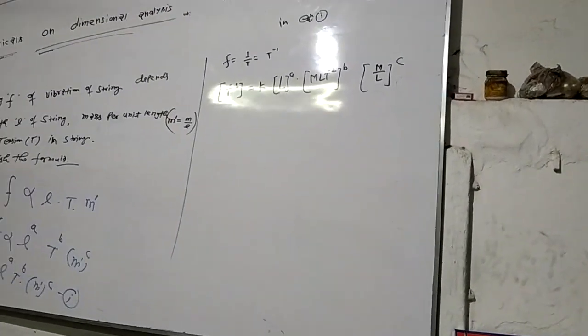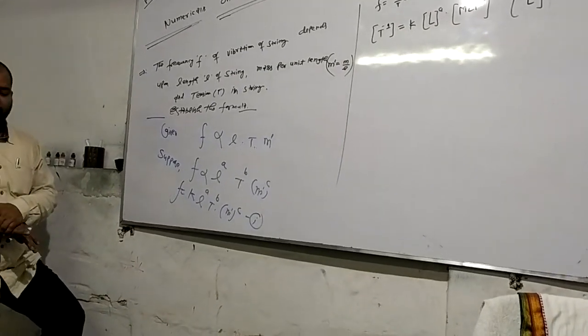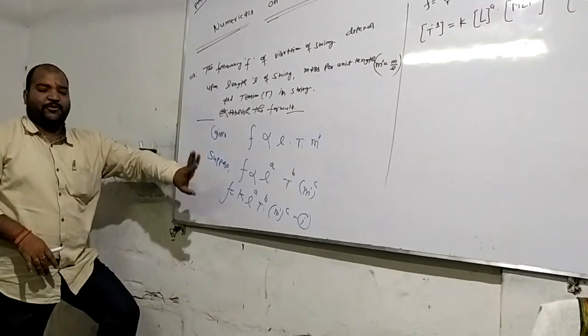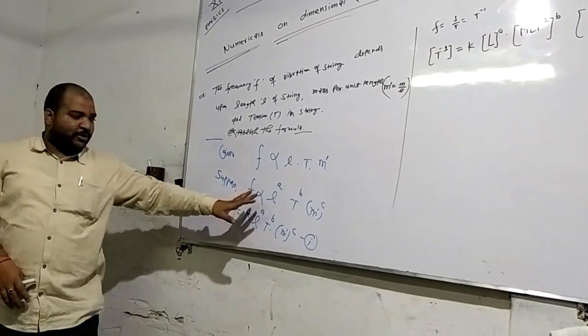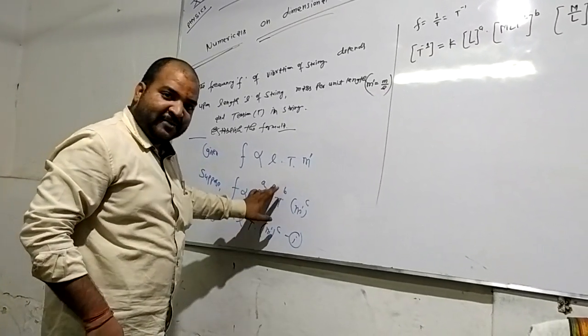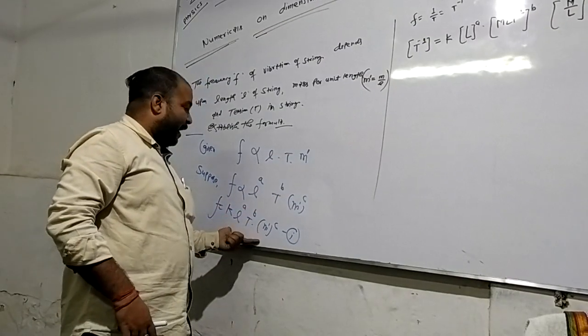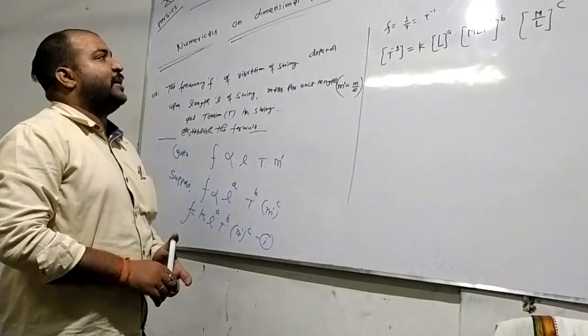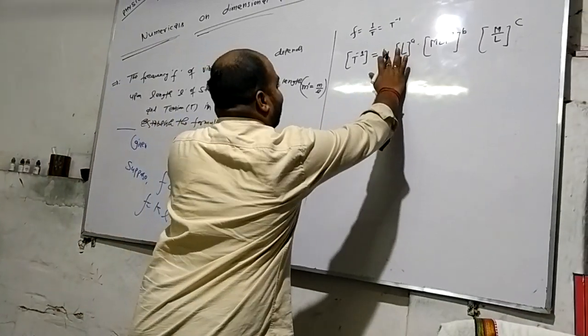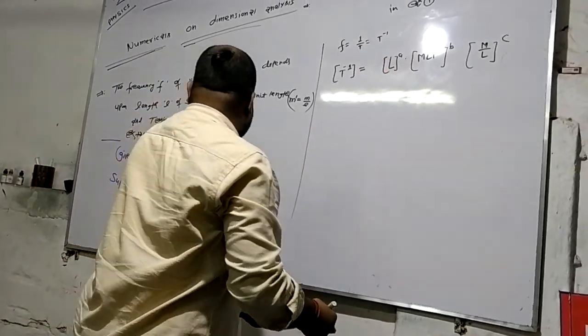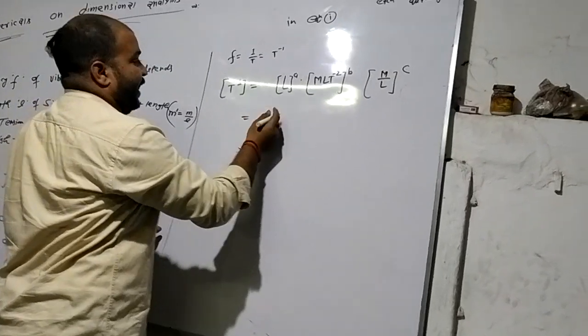Firstly, write down the given condition. The physical quantity depends upon these factors. Now, second step, you are to only put the powers. Now substitute the dimensional formula of each physical quantity. So we can say K is what? Dimensional constant. No dimensional formula should be taken here.